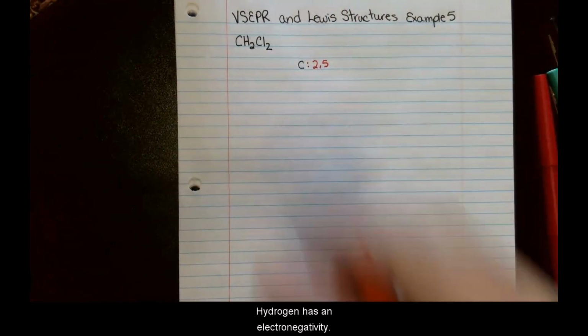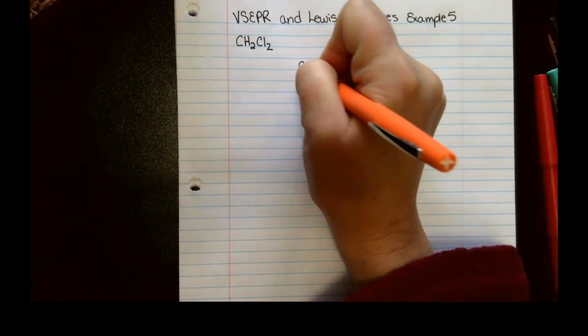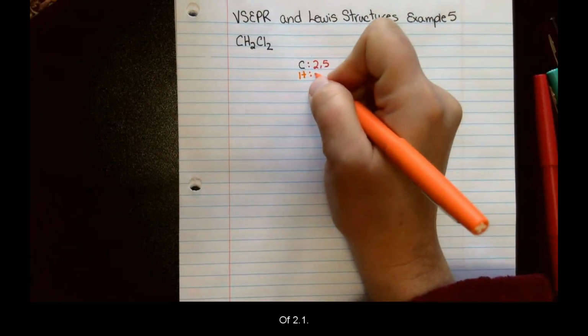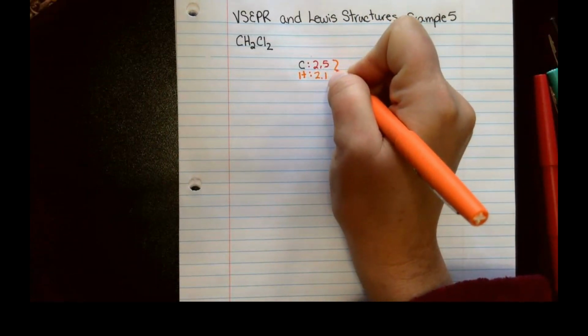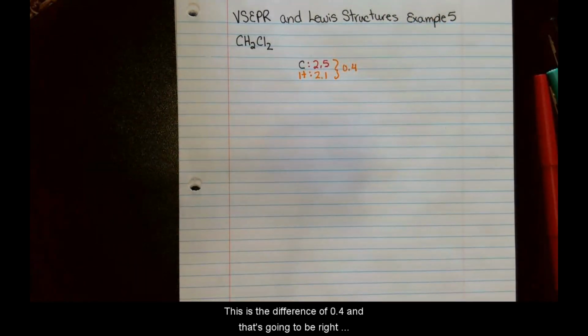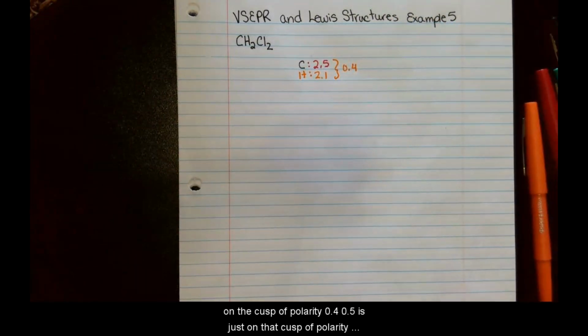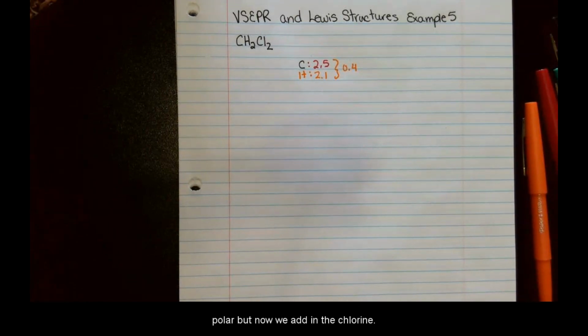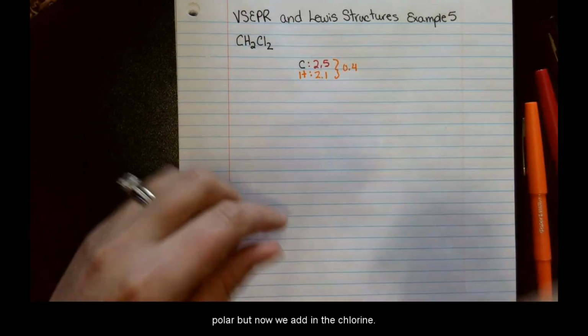Hydrogen has an electronegativity of 2.1. So this is a difference of 0.4, and that's going to be right on the cusp of polarity. 0.4, 0.5 is just on that cusp of polarity. So if it was just carbon and hydrogen, it would not be very polar. But now we add in the chlorine,